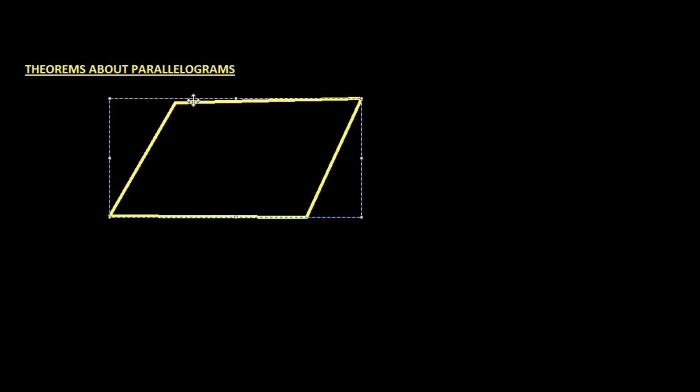Now since we are going to talk about diagonals, let me draw the diagonals of this parallelogram also. So let's say I've got a diagonal here and I've got a diagonal here. Now let me name the parallelogram also. Let me call this parallelogram A, B, C and D. Now what we are going to prove is that the diagonals, they bisect each other, which means that this should be equal to this and that this should be equal to this.